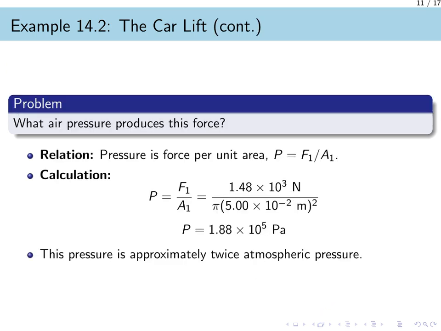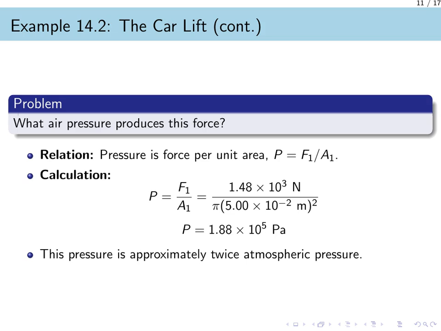For the second part of the car lift problem, we need to find the air pressure that produces the input force we just calculated. This is a direct application of the definition of pressure. Pressure is defined as force per unit area. So the required pressure, P, is equal to the input force, F1, divided by the area of the small piston, A1. We substitute the force we found in the previous step,